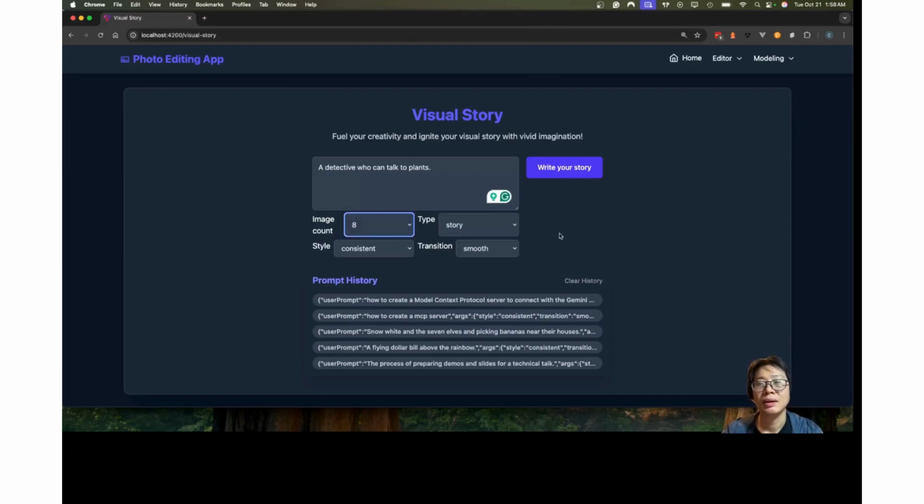And then this visual story has other values in the form. So I want to create 8 images. It can be a story, it can be a process, it can be a tutorial or timeline. So in this case, I want NanoBanana to generate 8 images